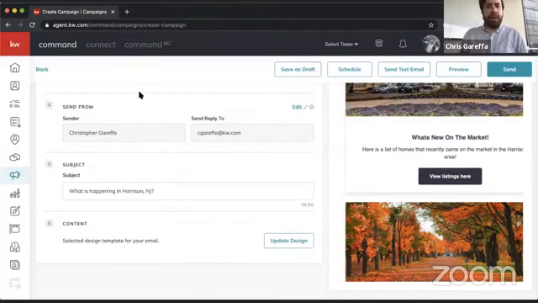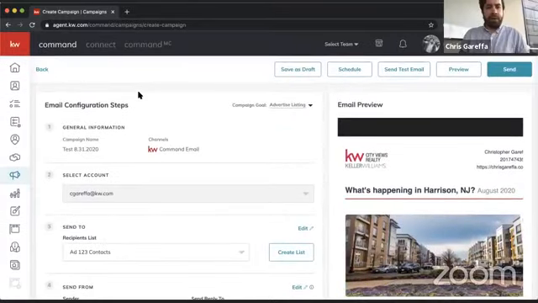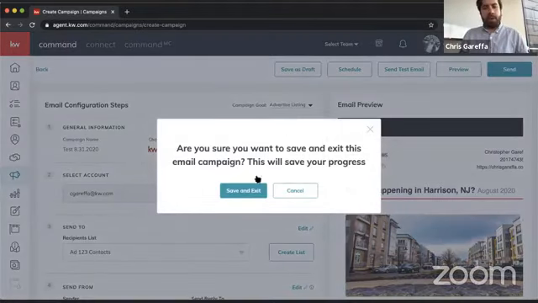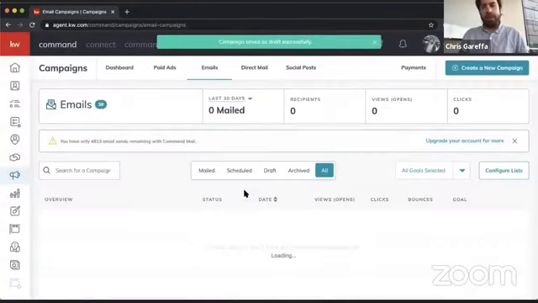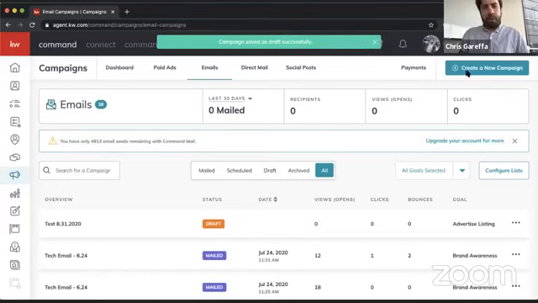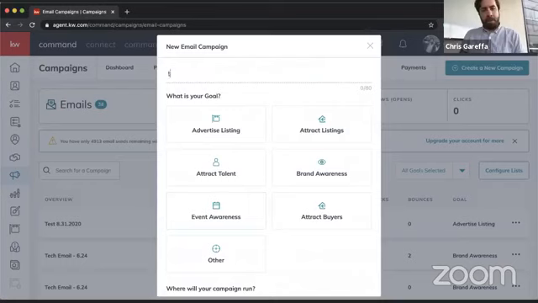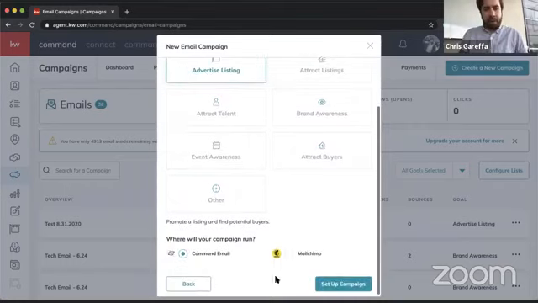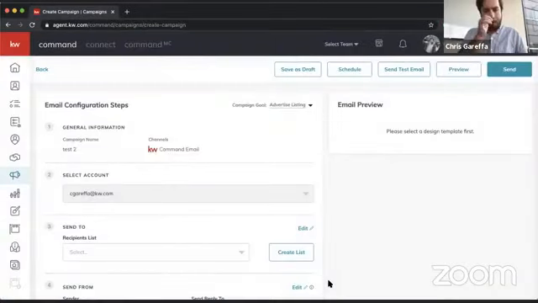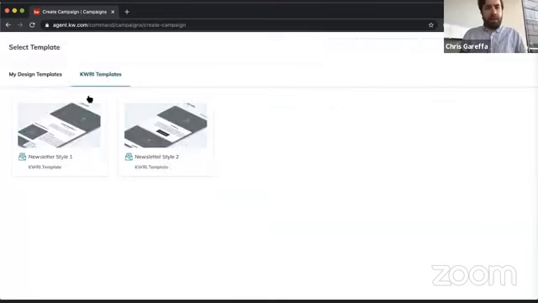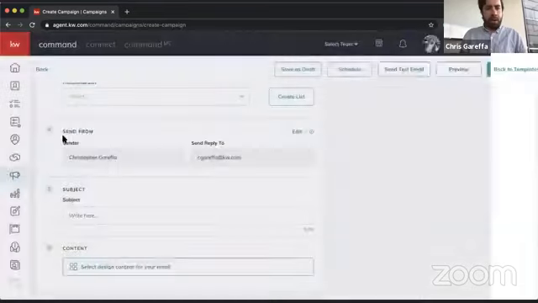But as it's doing that, the other question I saw in chat was, what was the difference between newsletter template number 1 and newsletter template number 2? So if we're going to do another template here, I'll do test number 2. We'll do advertise listing, and I'll hit setup campaign. So if I go to designs and then I go to template number 1,